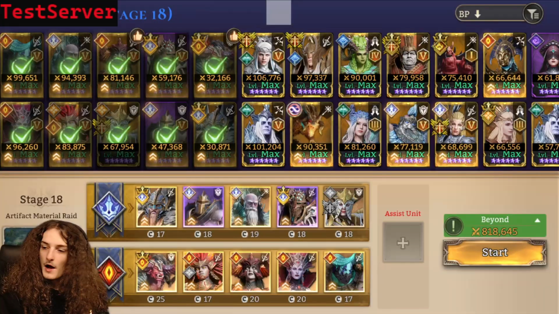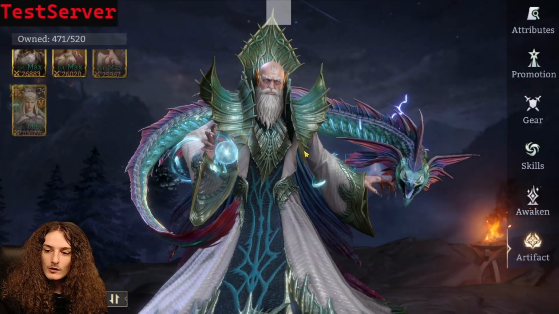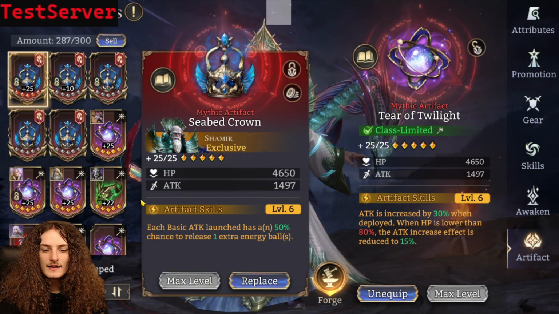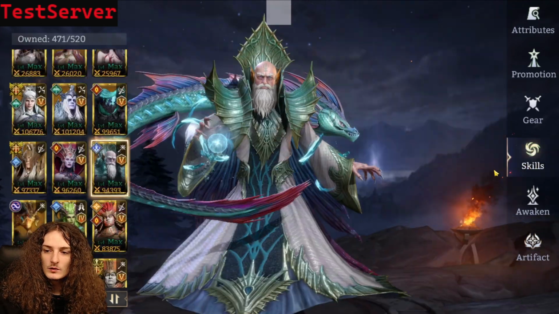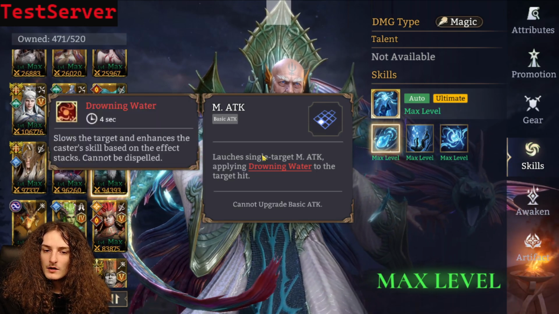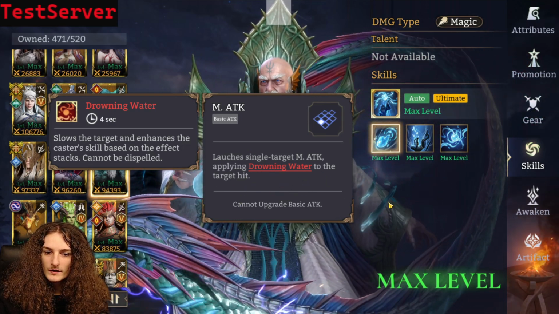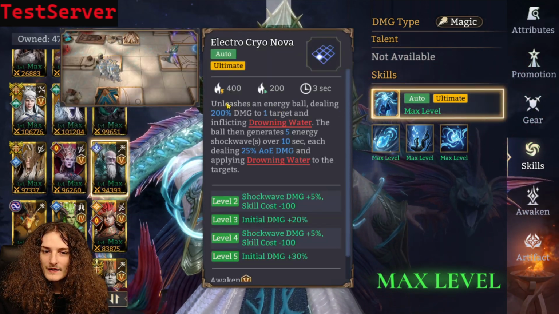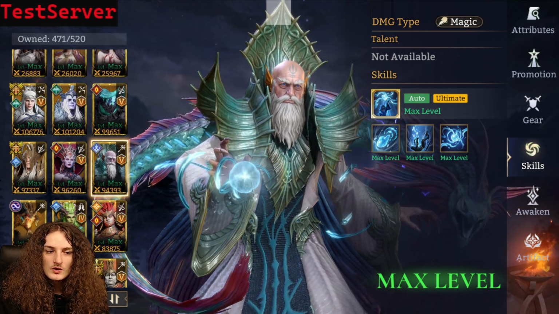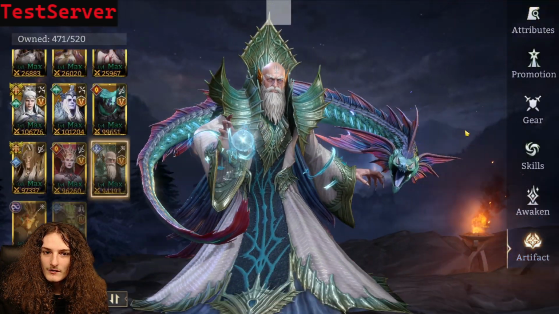Alright, so on to AMR 18, where we'll truly try to figure out how useless this artifact actually is. Because each basic attack launch has a 50% chance to release one energy ball, which should technically signify launching a single target magic attack that applies Drowning Water. So basically he applies Drowning Water again, rather than this one where it says it unleashes an energy ball. So overall it should just be a second application of Drowning Water, which by all means should definitely lose against